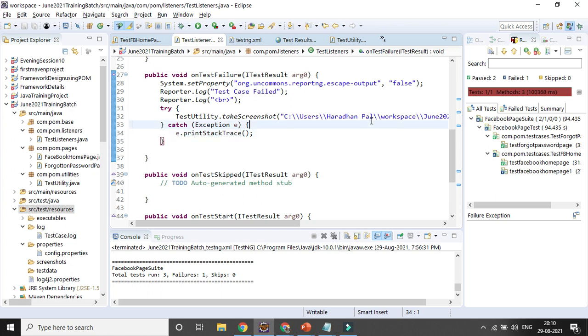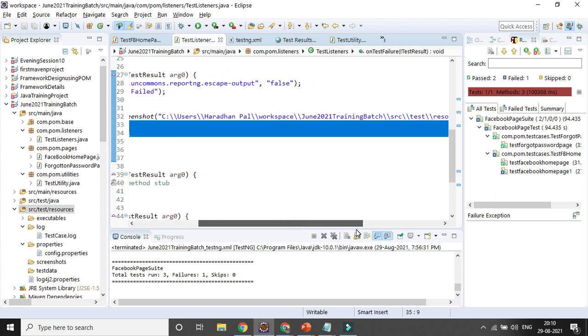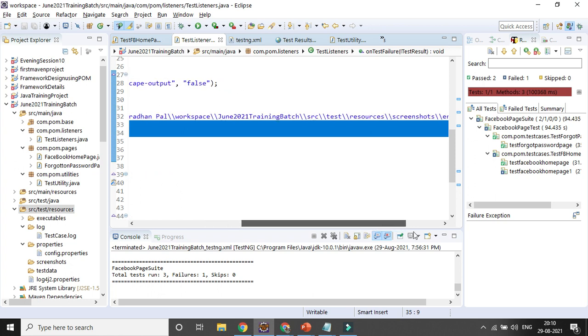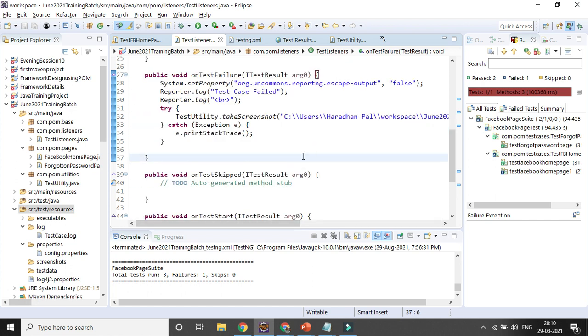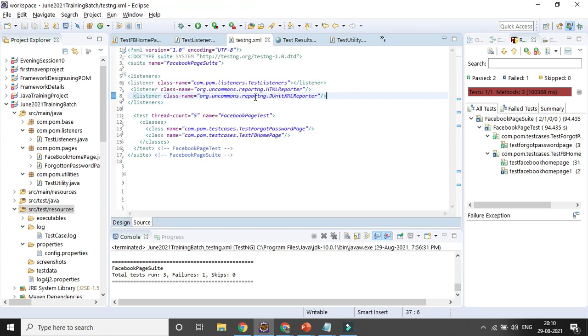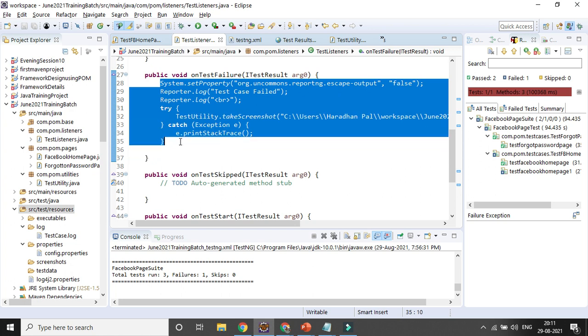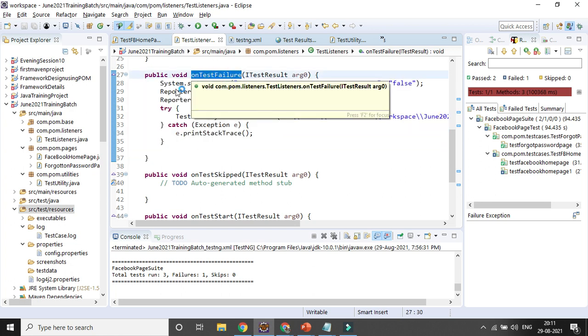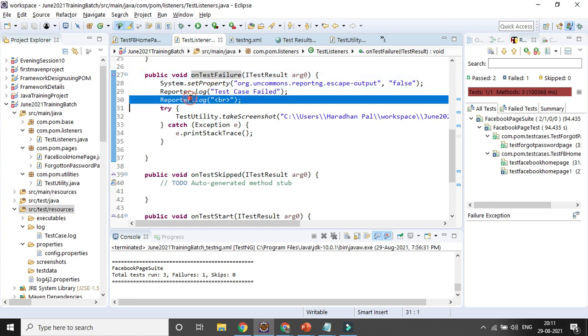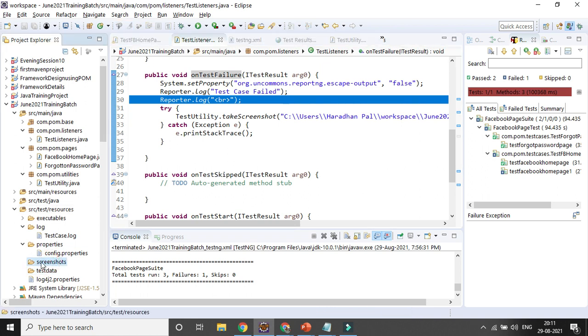So that is my project path, then src test resources screenshot folder, SCRNSHOTS, and that is my path. Now try to run your test cases from the testng.xml file and see that only for the failed test case the screenshot is captured, because it will only be executed whenever there is a failure. What is the path? The path will be the screenshot folder. Right now it is blank, no screenshot is there. Let's try to run it.